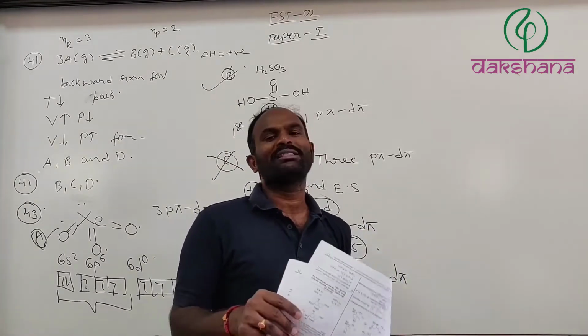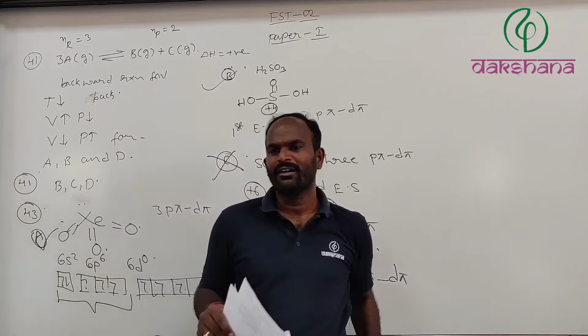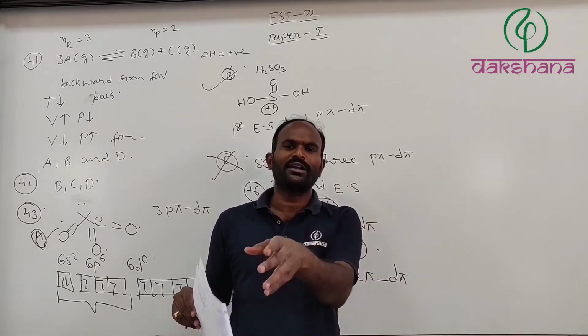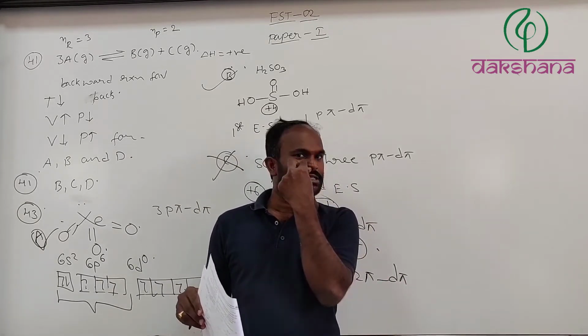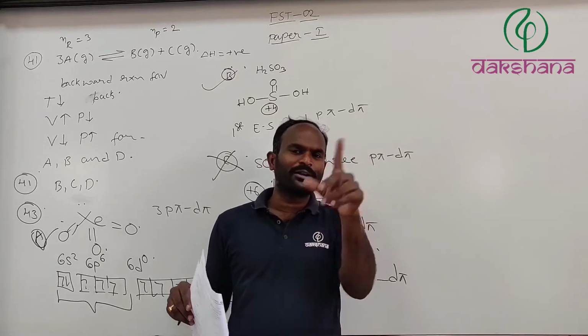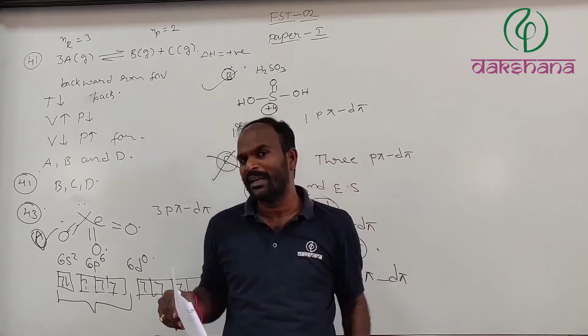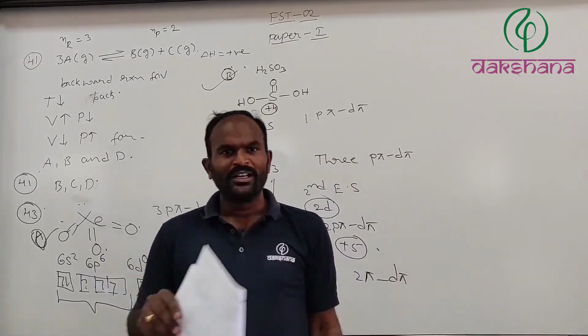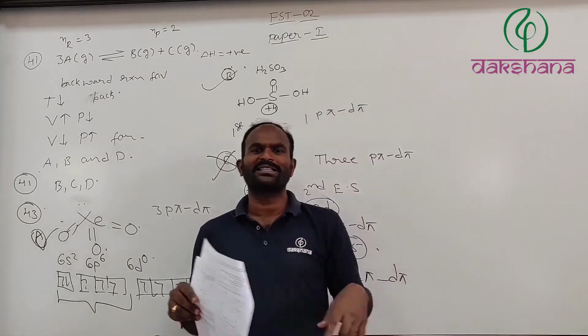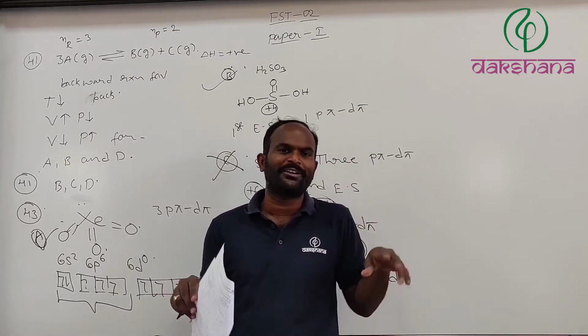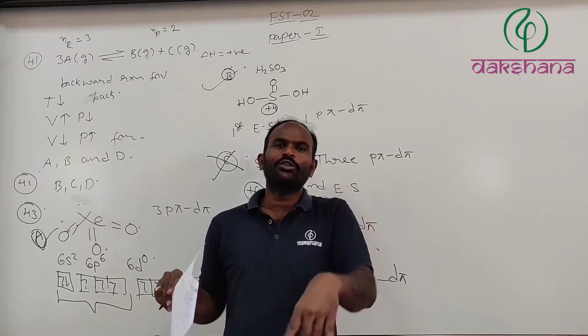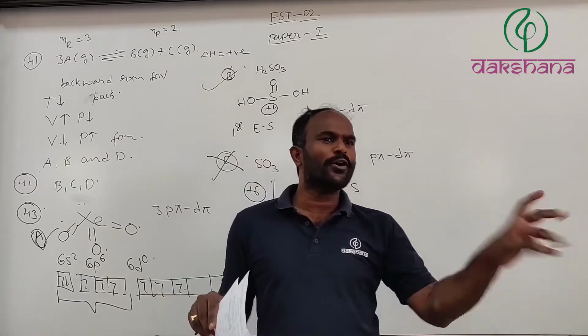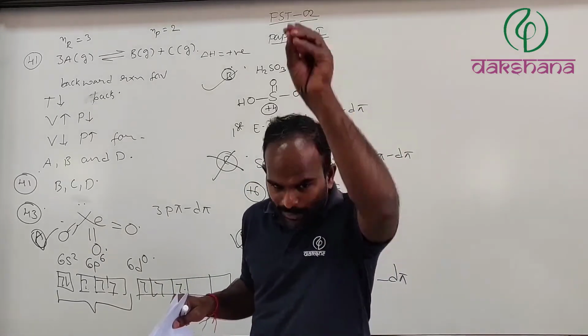And you remember one thing, when it comes to sulfur, remember like this. When sulfur has oxidation state +4, definitely its maximum number of p-pi d-pi bonds is only 1. If sulfur's oxidation state is +6, its number of p-pi d-pi bonds will definitely be 2. For XeO3, XeO4, as many oxygens as there are, that many p-pi d-pi bonds are present.